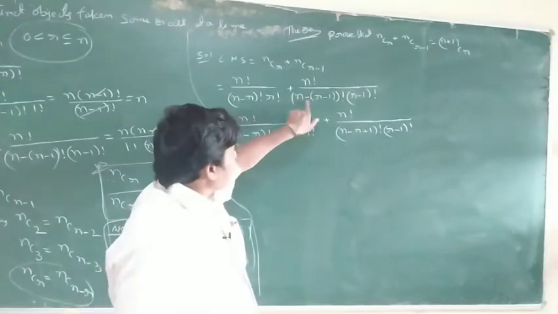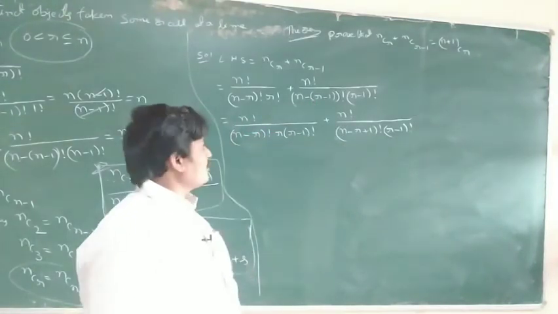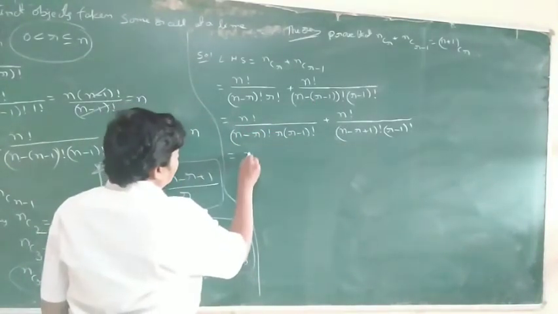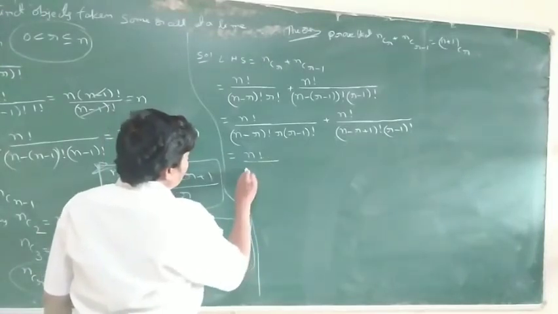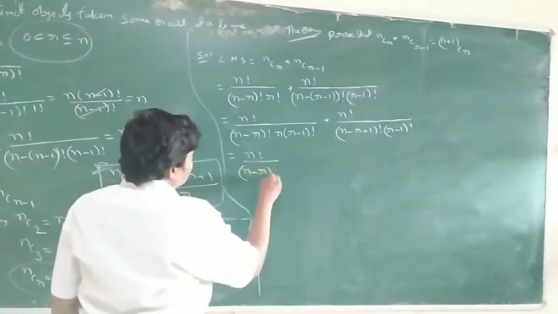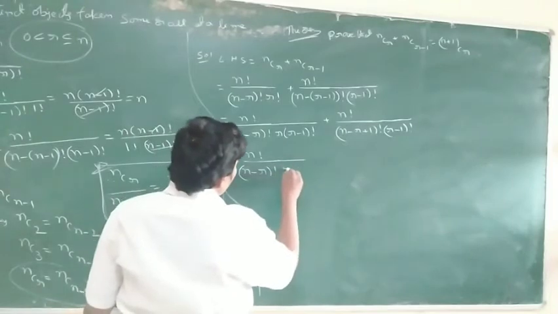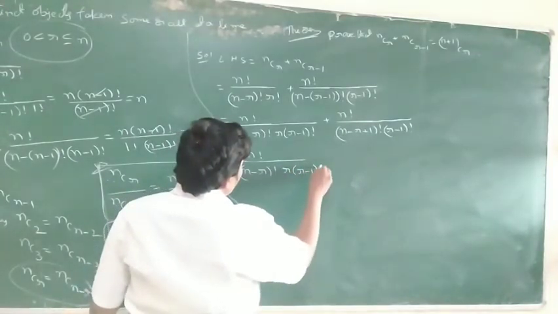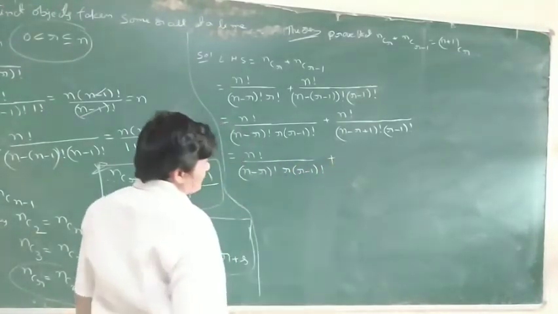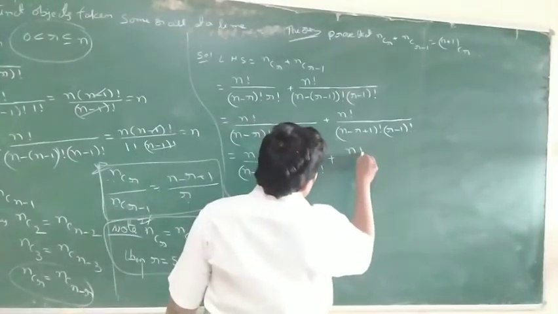So that is equal to n factorial by (n minus r) factorial into r into (r minus 1) factorial, plus n factorial by,